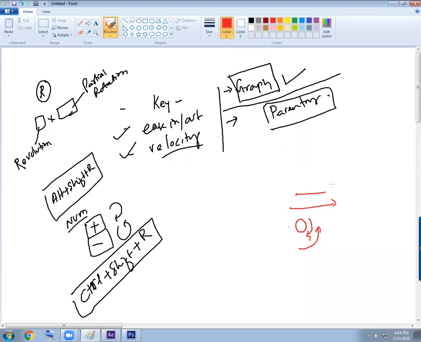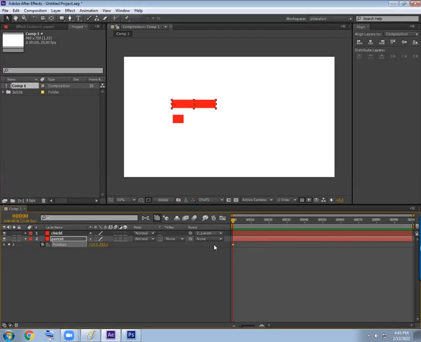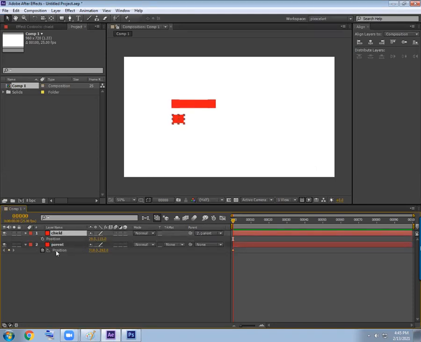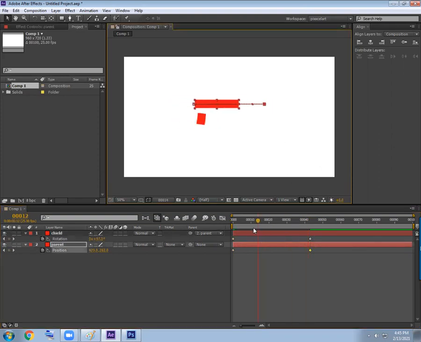Here in parenting, what is happening? It goes with the parent, that's okay. But whenever the parent is moving in reverse, your animation doesn't reverse because the child has its own movement. Parent rotation is there. You have given the forward rotation. Okay, so it is rotating. Your object is moving and it is moving forward. At that case, okay. But now, if the parent is moving in reverse, the animation of the wheel is not reversing. Is it clear? Now, how to sort out this problem?